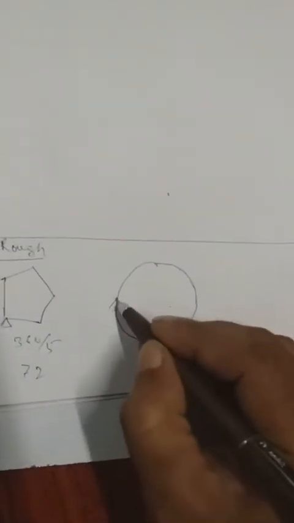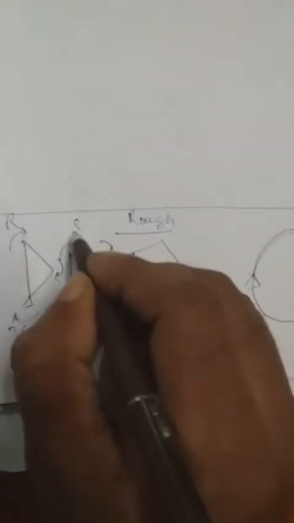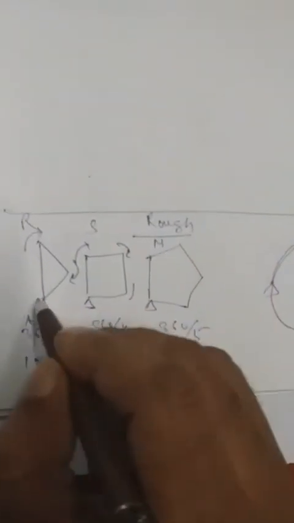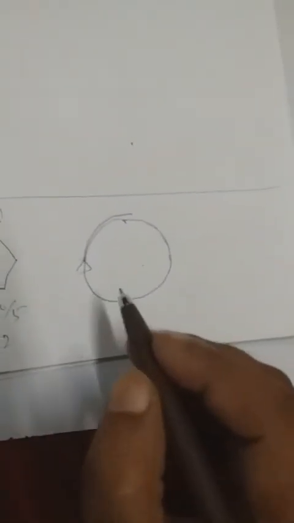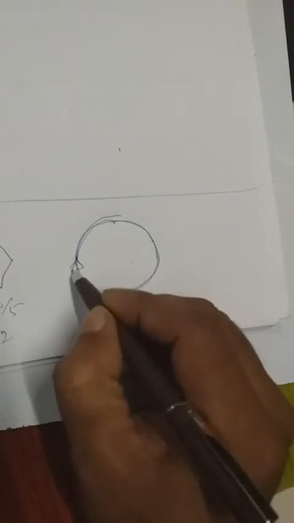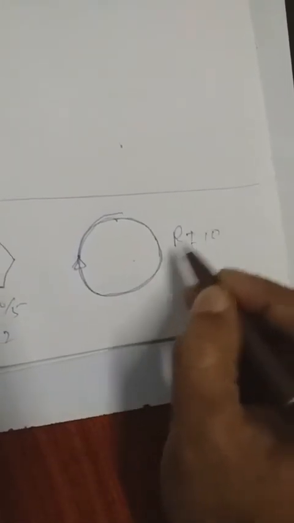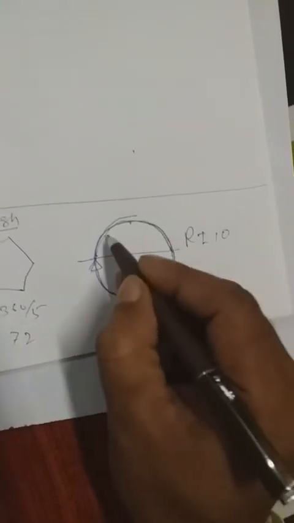But when we draw the full circle, my turtle is here, it will follow this way. You can see your triangle will follow this way, the turtle. The ways are different. Suppose this is Ram's house address, this is Syam's house address, and this is Mohan's house address. All of their ways are not the same. But here you see, if you want to draw a circle, then like this your turtle will go to draw the full circle. Means RT10 is the turn. If you want to draw a half circle, then like this only your turtle will go. Means the way is the same.